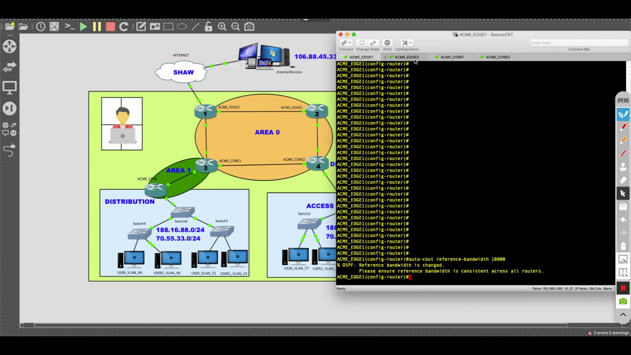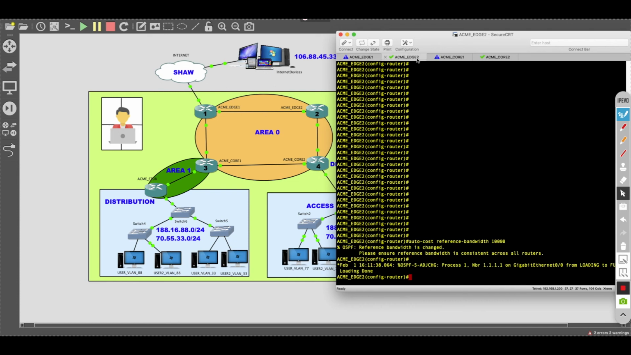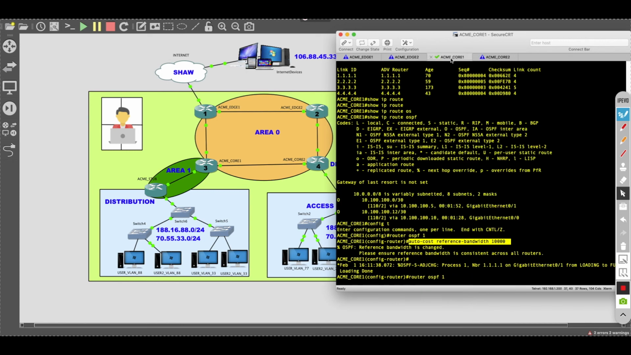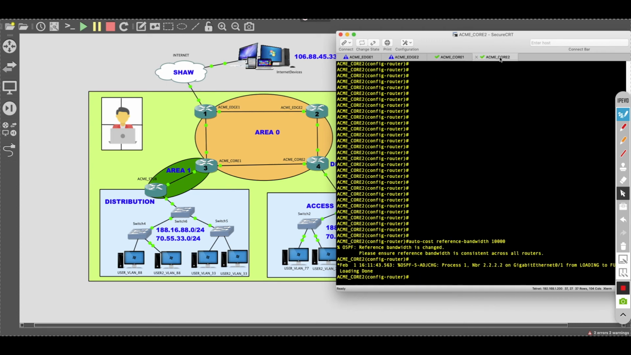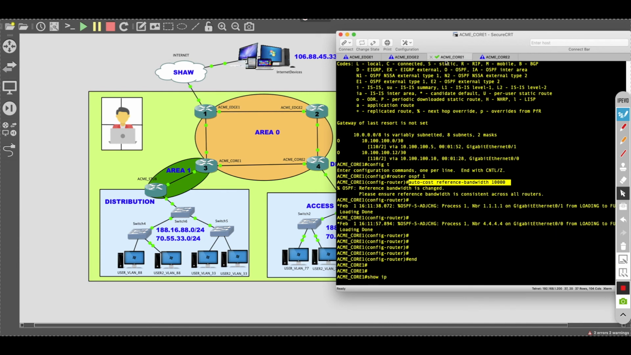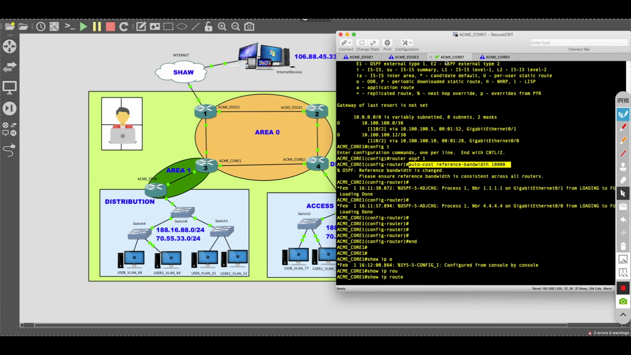Okay. Okay. Now after we've accomplished this task, we're going to clear the process on all of them. Actually, let's do it over here. Okay. Now if I go back to show ip ospf, show ip route ospf,